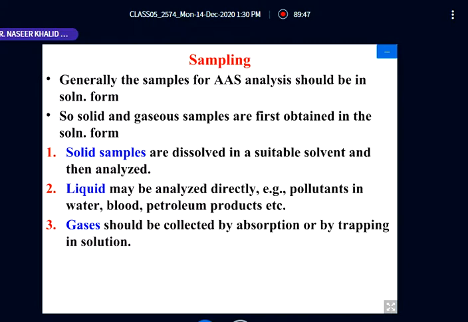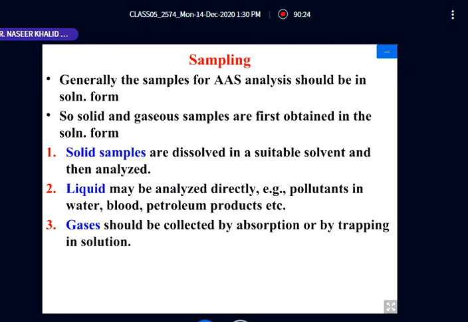Otherwise, the flame is sufficient. If the quantity of the sample is very high, no problem. We can use it any time, and more frequently. The flame atomizer is generally used. Roughly more than 80% of atomic absorption spectrophotometers use flame. But for some special purposes, the graphite furnace is used when the sample size is smaller, and the flame we can't use.